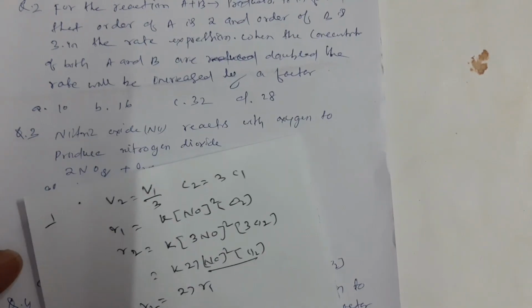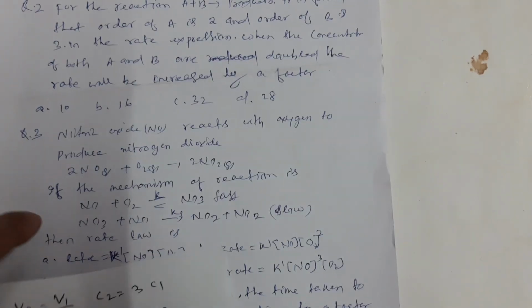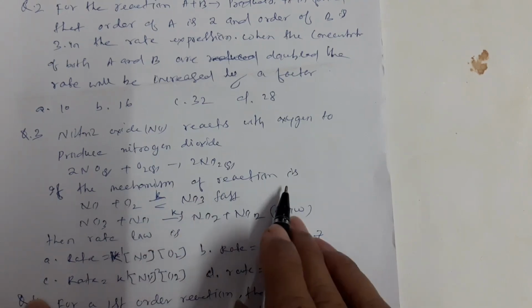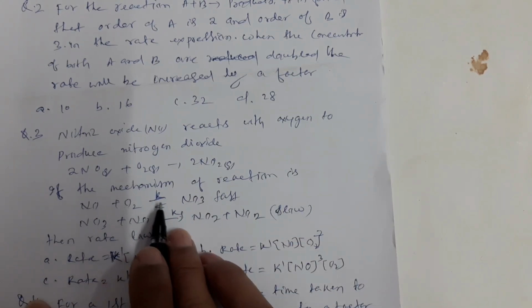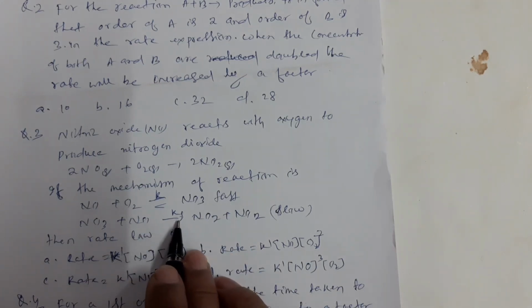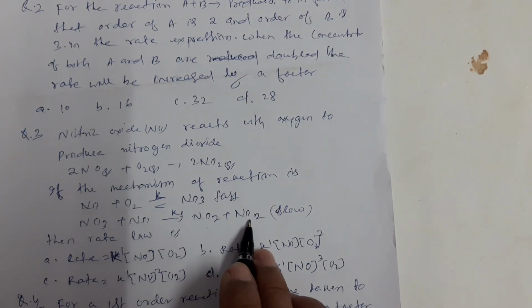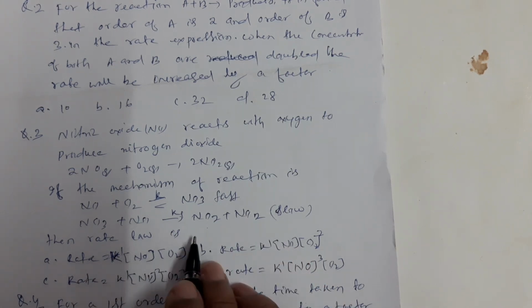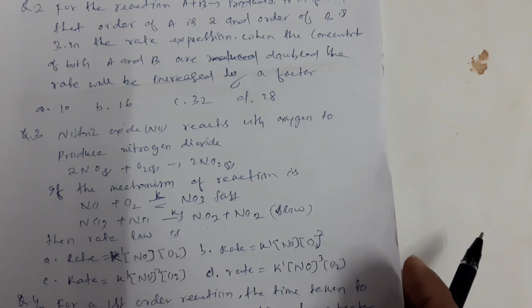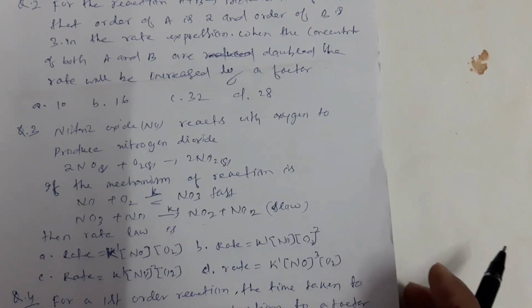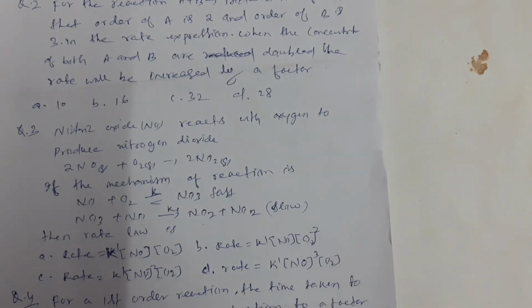Next, nitric oxide reacts with oxygen to produce nitrogen dioxide. If the mechanism of the reaction is this: NO plus O2 giving NO3 with K first, then NO3 plus NO giving NO2 plus NO2, and this is slow. So then the rate law is what? You simply see, the rate depends on